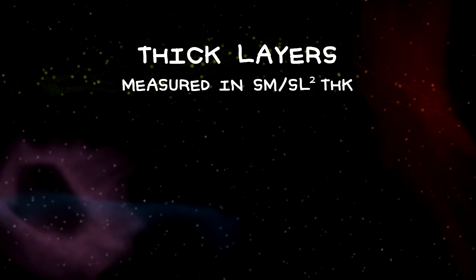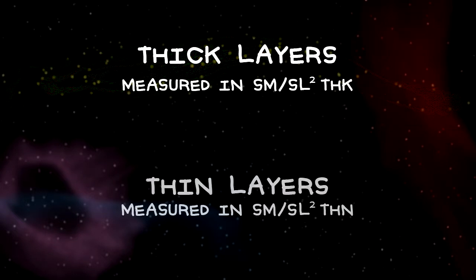A material has a heaviness for a given size and thickness, meaning we can describe that heaviness in terms of weight per size and thickness. For a block in the thick layers, we'll describe it in masses per square lengths thick for thick layer, while for a block in the thin layers, we can instead use masses per square length thin for thin layer. We'll consider these our units of density, or a measurement of how heavy an object of a given size and